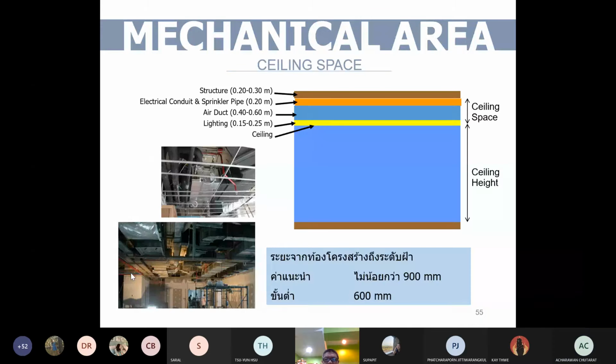This one is also important. The ceiling space. You can see they have so many things inside the ceiling. Not only the piping, the chilled water pipe, they also have the ductwork. They have the sprinkler or the firefighting piping, the electrical cable, everything. So the ceiling space,